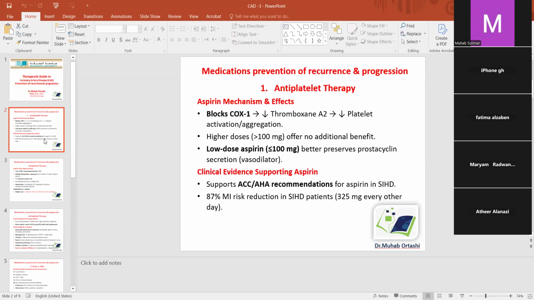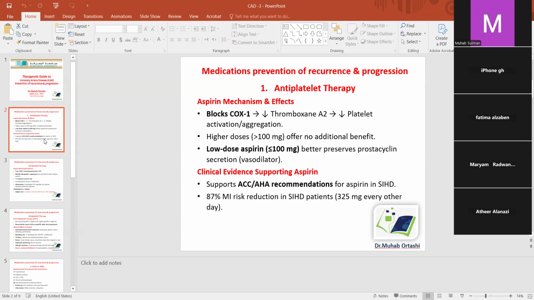And we use a low dose aspirin for all patients, which is about 100 milligram or less, 75 or 80. And we can use alternate day. Sometimes we use 325 milligram, but on alternate days, day yes and day no. The important thing is that it be low dose. Of course, aspirin also will stop the production of prostacyclin.